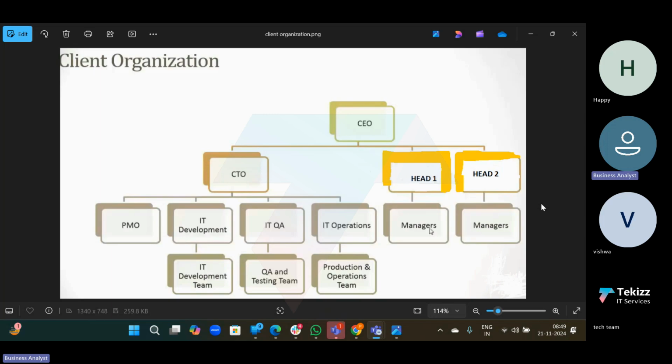In that business case document, we will note down the problem, the root cause analysis, and all the different solutions. For each solution, we note the cost, the benefits we will get, the risks associated with it, and we do the SWOT analysis: strengths, weaknesses, opportunities, threats. So we will explain each and everything about all the solutions. After giving all the solutions, we need to recommend one solution, that according to me,